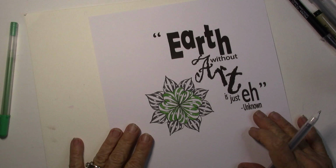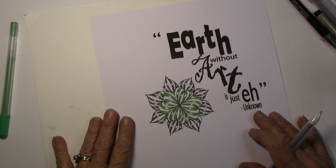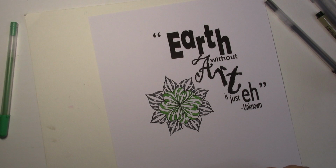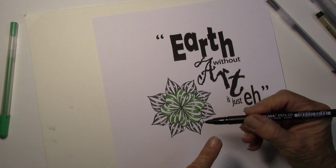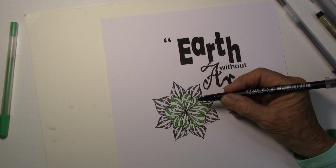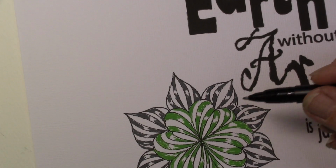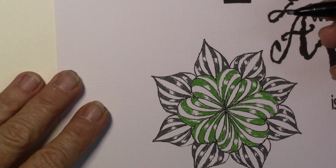So now I'm just going to add some of my favorite go-to tangles to here. I'm going to switch out to my apprentice, or a PN black pen. It has a plastic nib, and I don't grab down so close that you can't see on this one. I don't know, on my other pens I just get very, very close. So I'm going to come in again on this, and I'm just going to start with